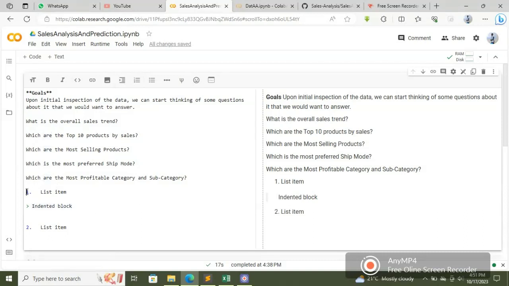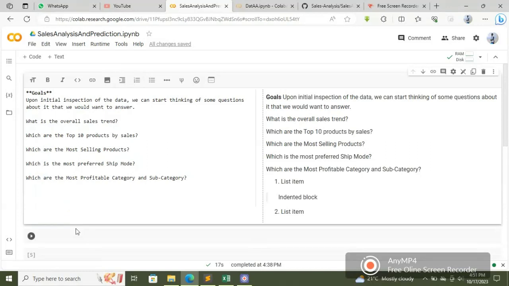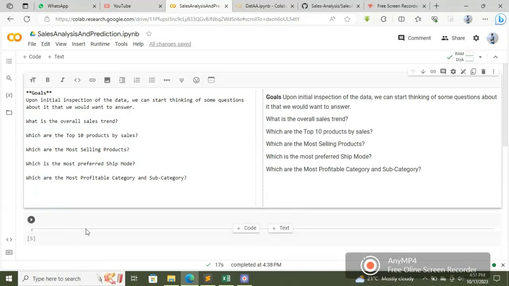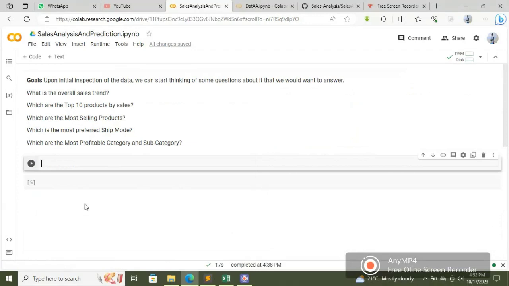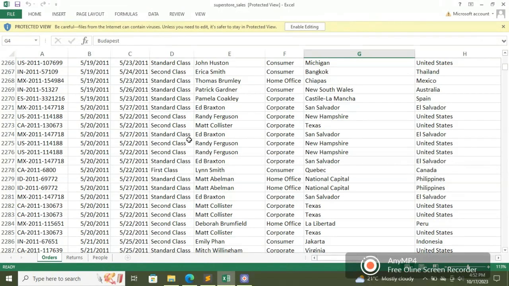So first we are going to import the data from my GitHub account. I uploaded it on my GitHub. So I'm going to import this to my Google Colab using the URL retrieve library. So I'm going to import this data. It is just the same data, but because I want to import it from